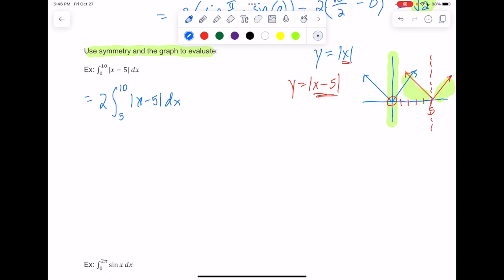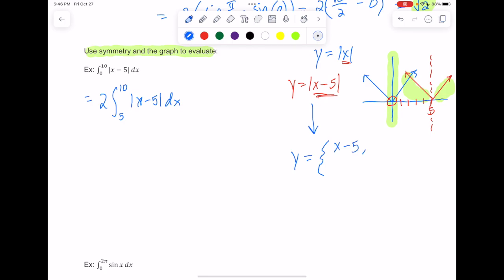There is a benefit to using the right hand side, which I will show you right here. What does y equal to the absolute value of x minus 5 look like? Well, it's actually a piecewise function. What does absolute value do to what's inside it?